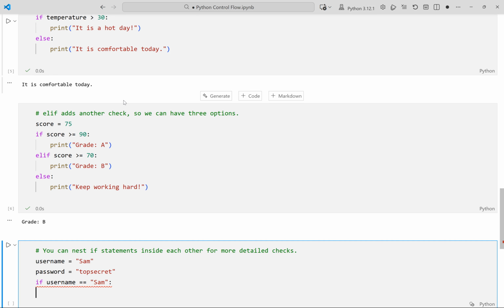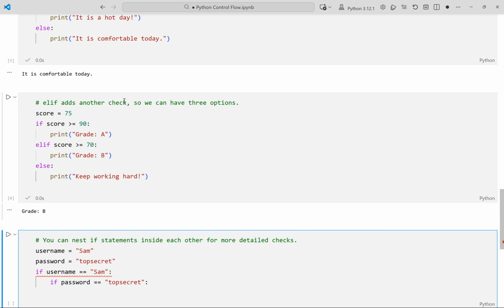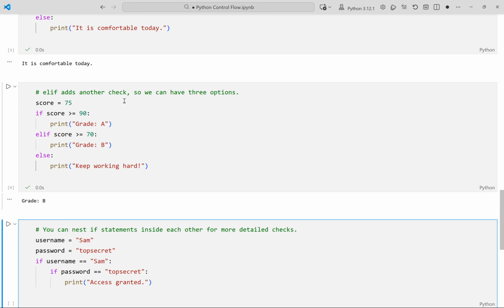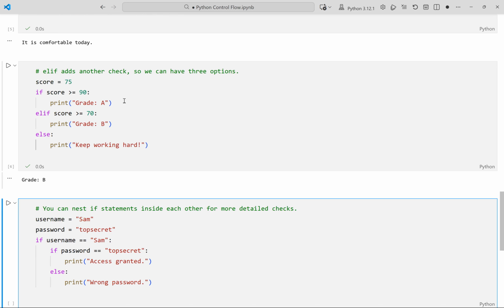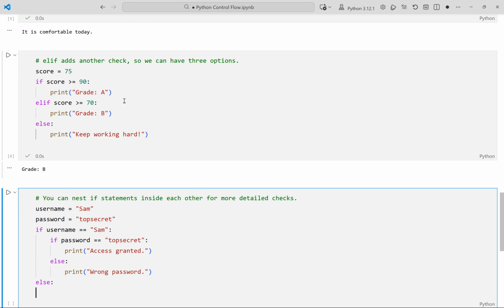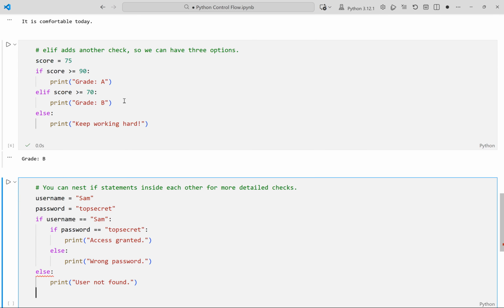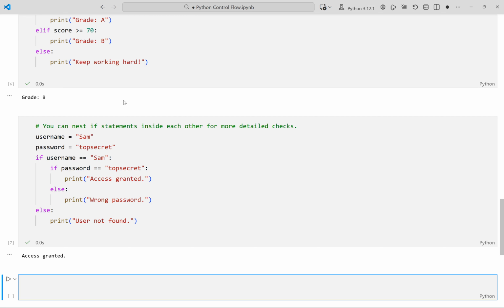If the username matches, we then check if the password is top secret. If the password matches, we print access granted. If the password does not match, we print wrong password. This else corresponds to the first if: if the username is not Sam, we print user not found. Running the cell now. The output, access granted, shows that both conditions in the nested if statements were true, the